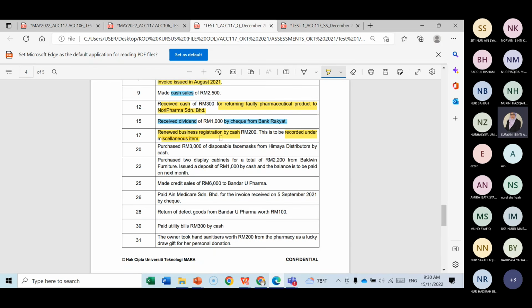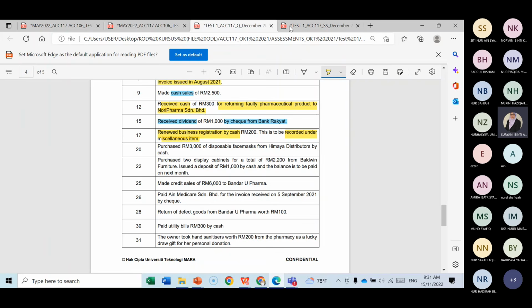Expenses. Okay, when you do your business, of course, you have to renew your registration from year to year. Similar when you want to continue your semester, right? You have to pay for your registration for every semester, right? It is your expenses. So this business, they have to renew their registration, and the registration is made by cash, and it is stated that these expenses is to be recorded under miscellaneous items. So what is the effect, class? Increase in expenses and decrease in